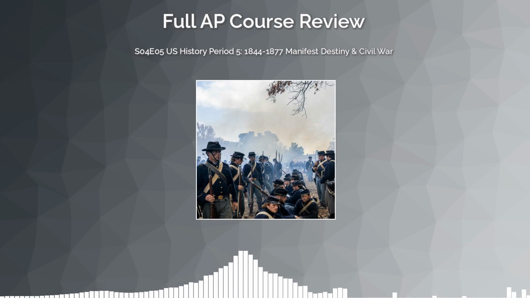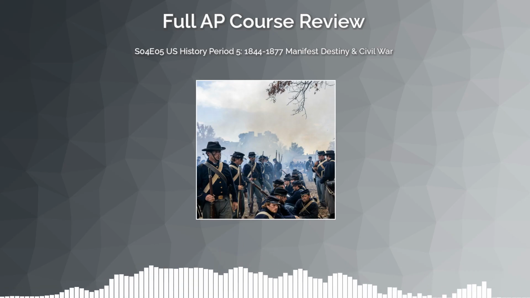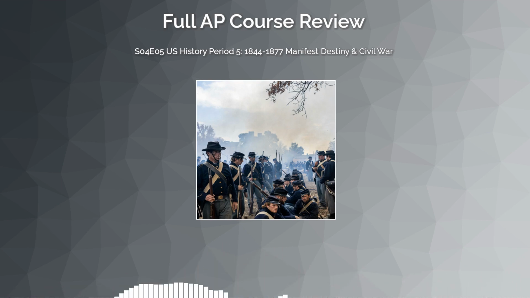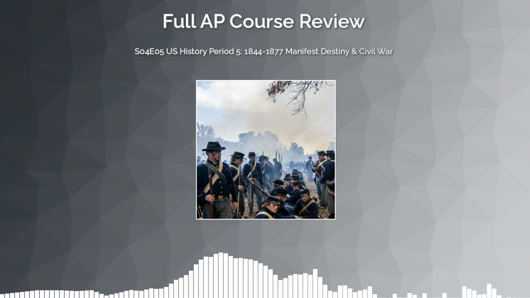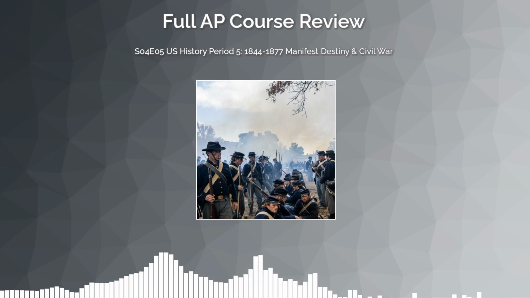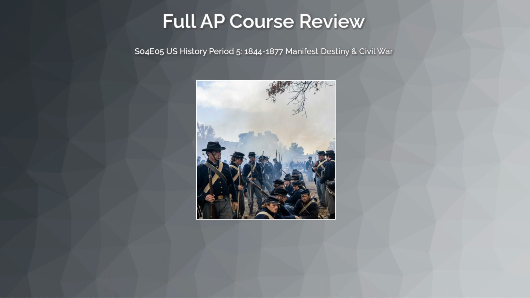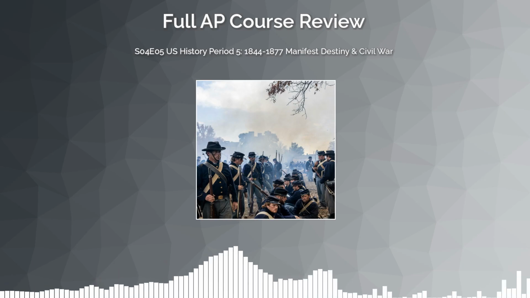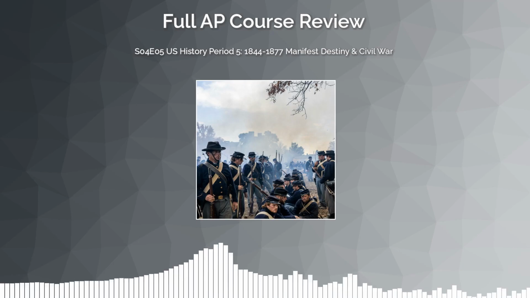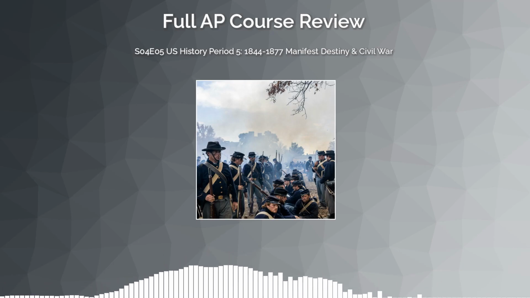The period from 1865 to 1877 was America's most ambitious attempt to redefine citizenship and equality, and its failure wasn't an accident. It was a choice made by politicians, courts, and an exhausted public that would echo for the next 100 years. Let's make sure you understand why it failed, because the AP exam doesn't just want you to know that it ended. It wants you to understand the forces that dismantled it.